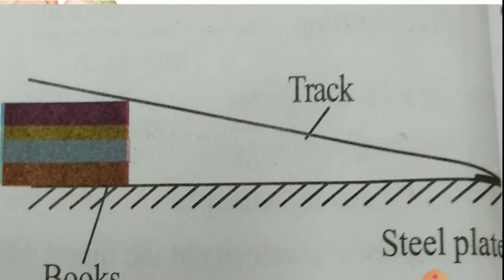Now let us go for the procedure. Take a long plastic pipe and make it in the form of a track, in such a way that if you place a marble somewhere, it will easily roll along the track from top to bottom. Keep the track so that one end of it is on the books. These are the pile of books, children. Keep 4 to 6 books of the same size, and place them on a bench or a table.